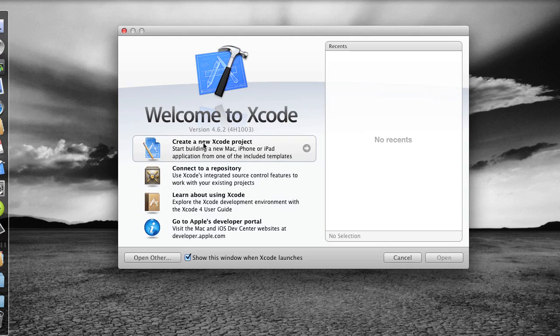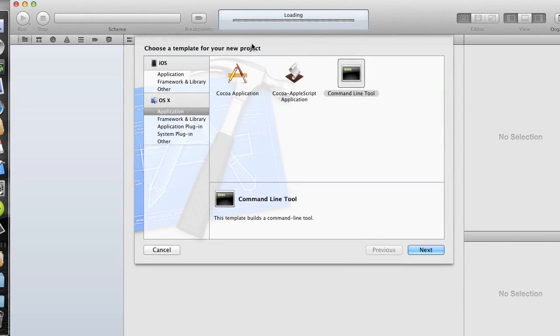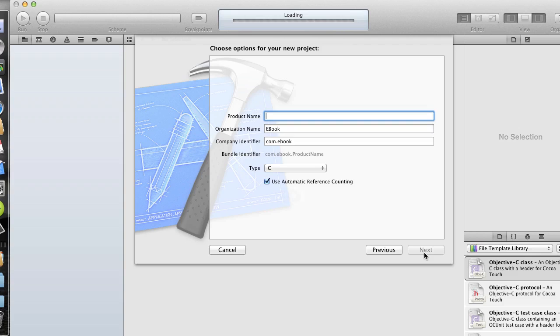So what we're going to do is create a new Xcode project, and really all we're doing here is making sure that our installation all works, and it should, with no problems at all. So we clicked on Create a New Xcode Project, and we get the Xcode window, and then we get this template window. So it's asking us to choose a template for our new project. We can develop for iOS and also OS X. Right now we're going to click under OS X, the application templates, and then we'll choose Command Line Tool and click on Next. And now I'll type the name of my product, and I'm going to call it Hello World,